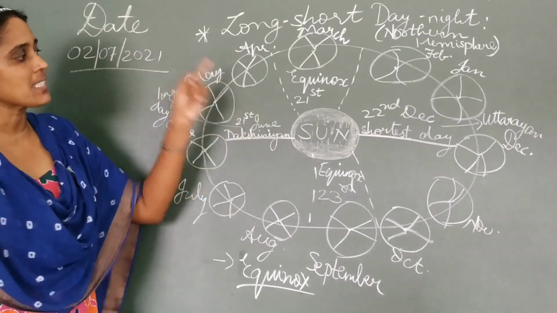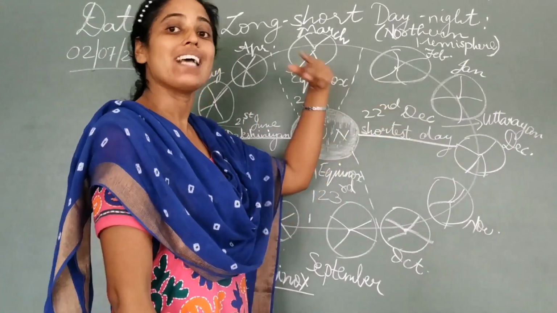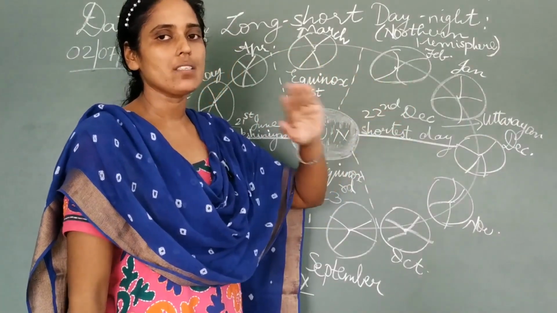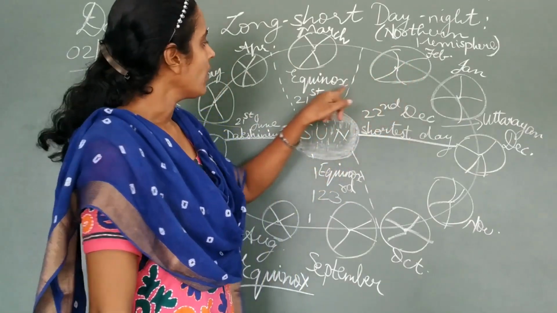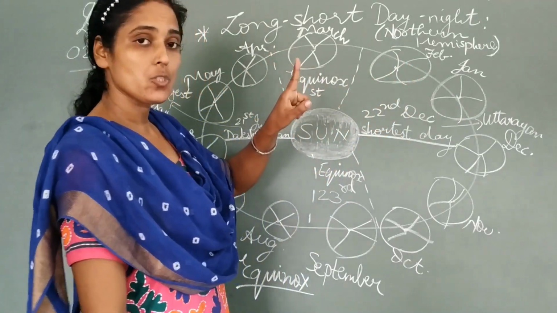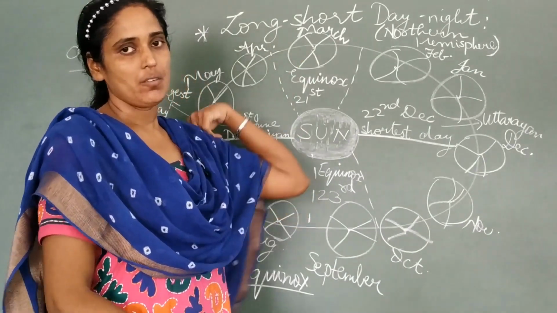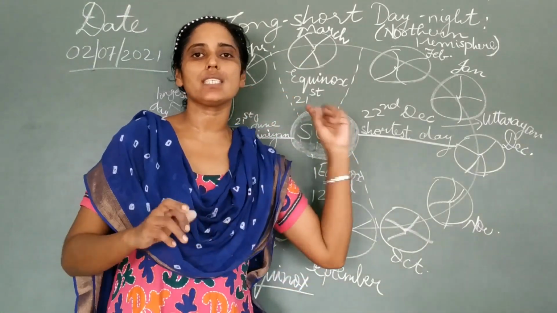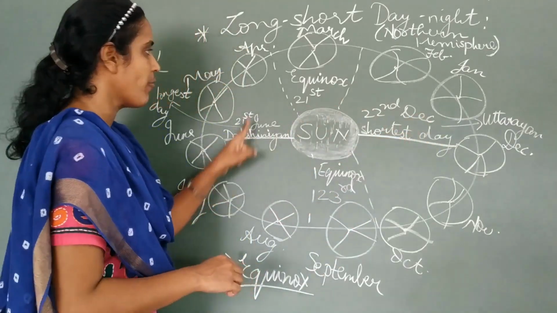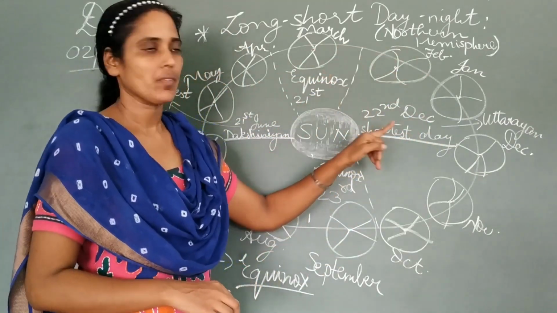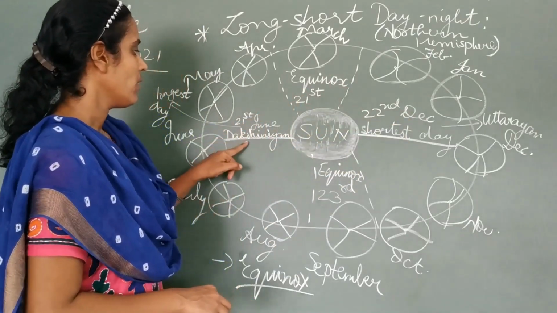Equinox means equal duration of day as well as night. No long night, no short night, nothing as such. The duration is equal. On which day, students? 21st March of the year and 23rd September. For every year, this concept remains the same. All these four phenomena remain the same for every year. Shortest day of the year is the longest